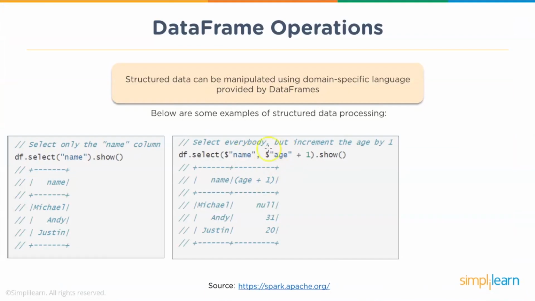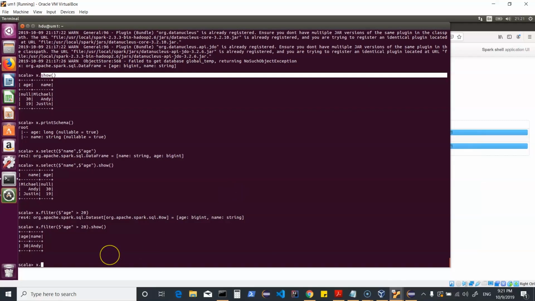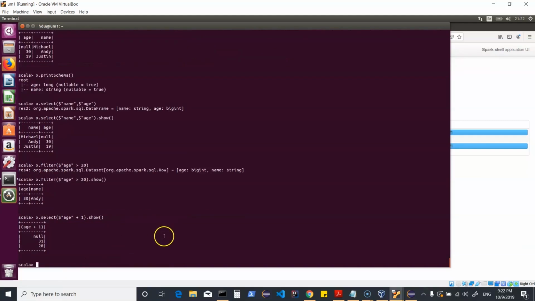Now, you could also do some computations if you are interested. So you could always do a x.select, and then you could be selecting a particular field. For example, I would say age, and I would say I would want to increase its value by 1, and I would like to do a show. So we are working on a data frame wherein it shows me the column name and then it shows me the values.